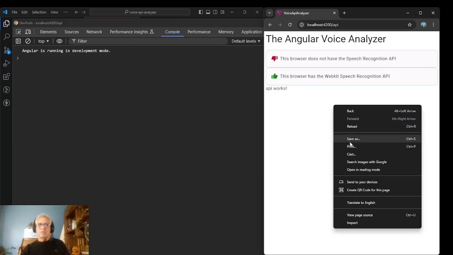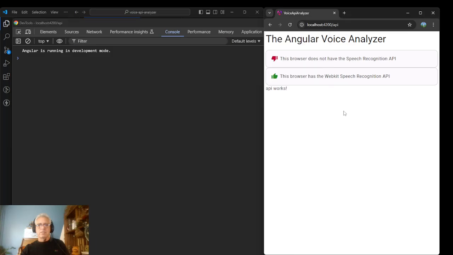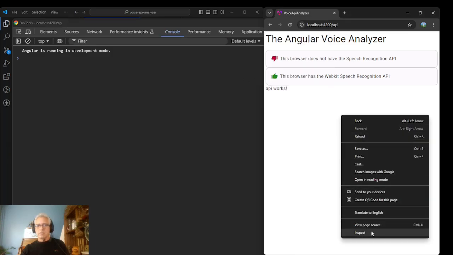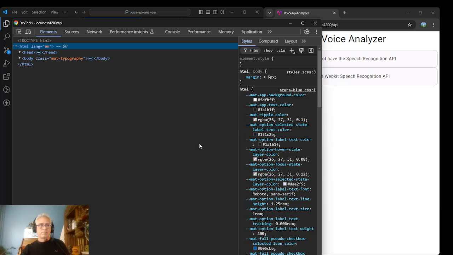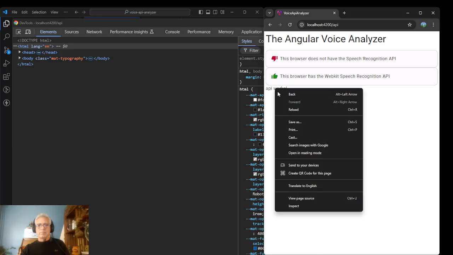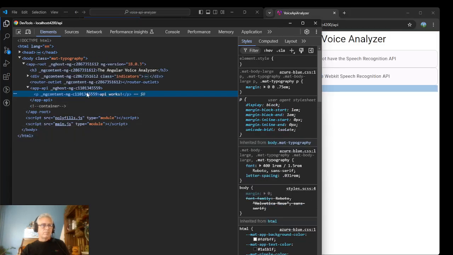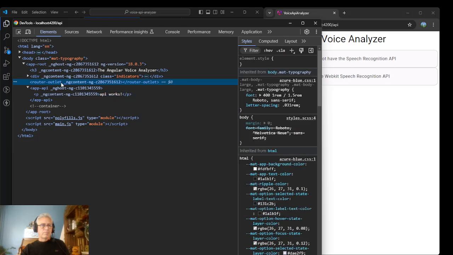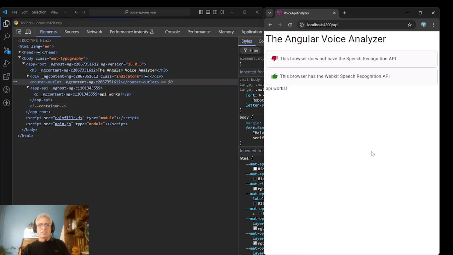It's weird to me that, okay, I don't have a filter on. Inspect. Yeah, see, the router outlet is here, indicators, it's gone. So I don't know why the,